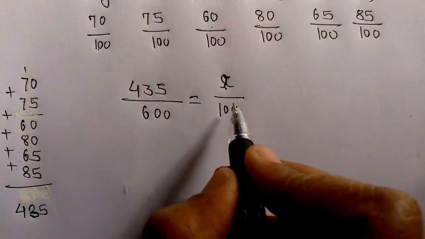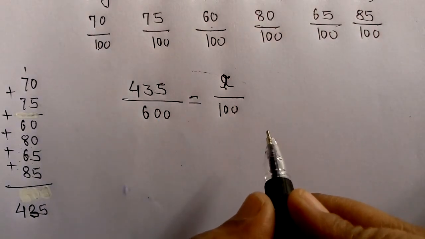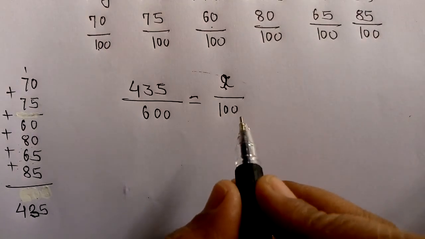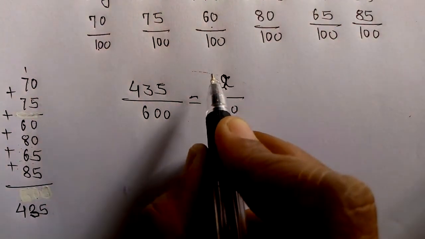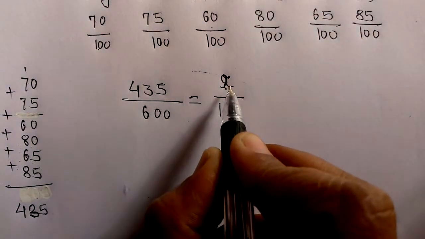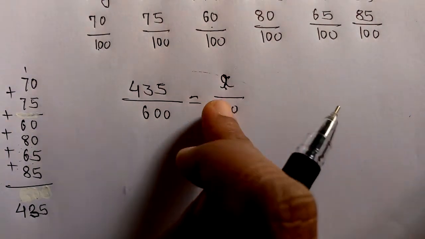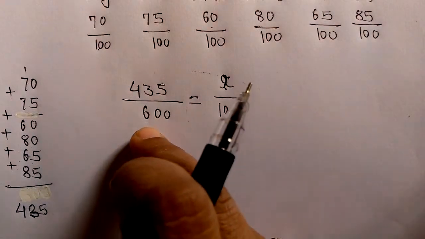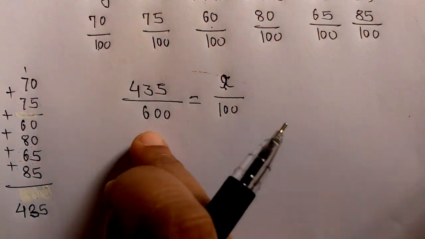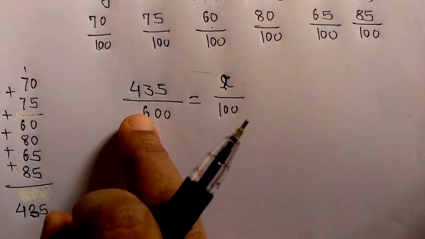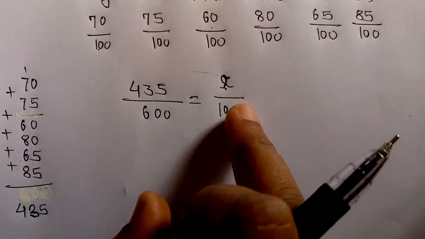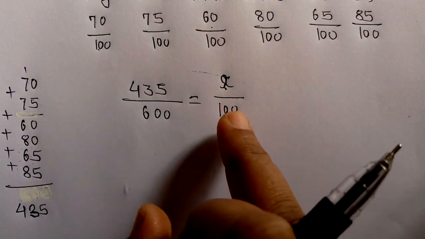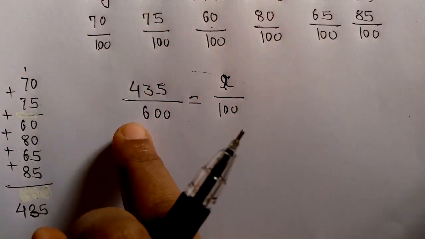Now you know very well that this is in the form of an equation. While solving an equation, what do we do? We want the value of this X, means we will get out of 100 how many percent there are when we find the value of X. So only X should be on this side and we have to take 100 to the other side. While taking 100 or any number to the other side, we have to do the opposite operation. If here it is divided, it will be multiplied on this side. If it is added here, it will be subtracted on this side. If it is subtracted, it will be added on this side. Like that we do the opposite operation.